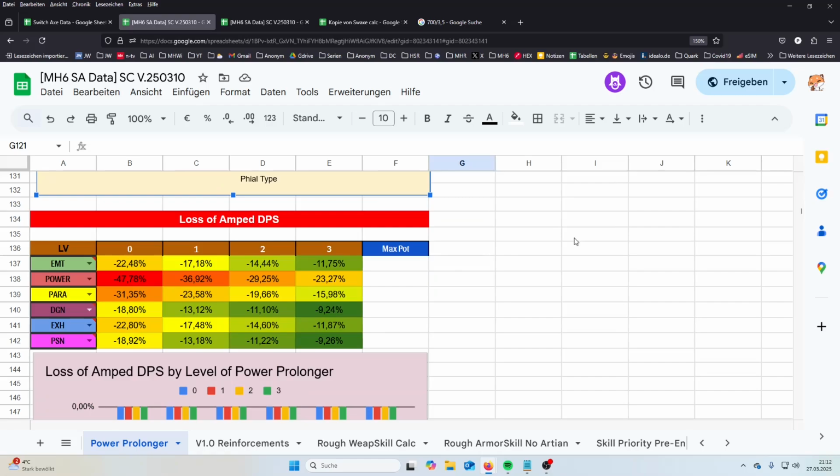Yes, so this is the loss table. I'm going to talk about it. It is the loss of DPS. Like I previously explained, Power Prolonger isn't a DPS skill, it is a compensation skill for DPS loss. For example, this shows you, if you're playing without Power Prolonger and you're having a Power Phial, you will lose 47.78% of your max potential. The max potential is the DPS when you're in the state where you end and you can do your full release slash. So like you can see in this table, you will never be able to entirely reach 100% uptime,